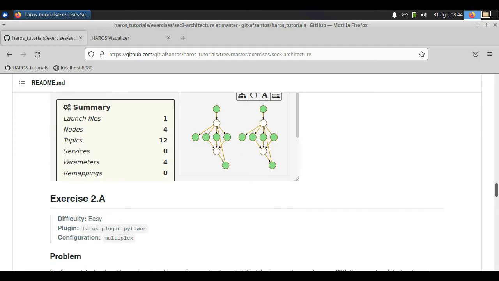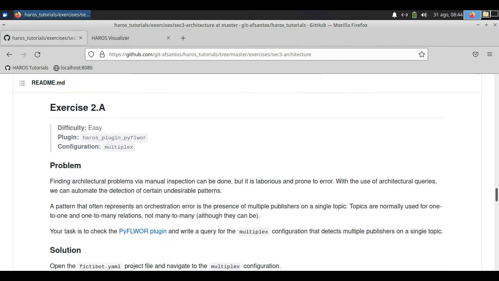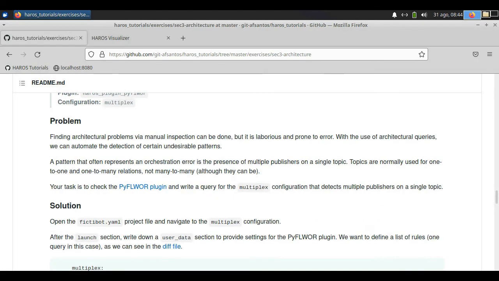Moving on to the second exercise, we are now going to see some ways of detecting this kind of problem without relying just on manual inspection. We are going to automate the detection of these issues using a query language that will detect undesirable patterns.